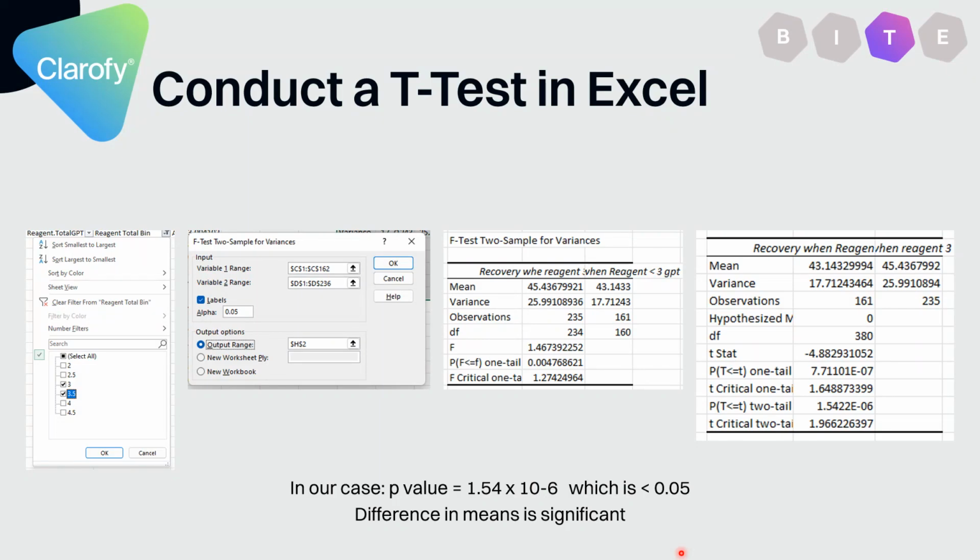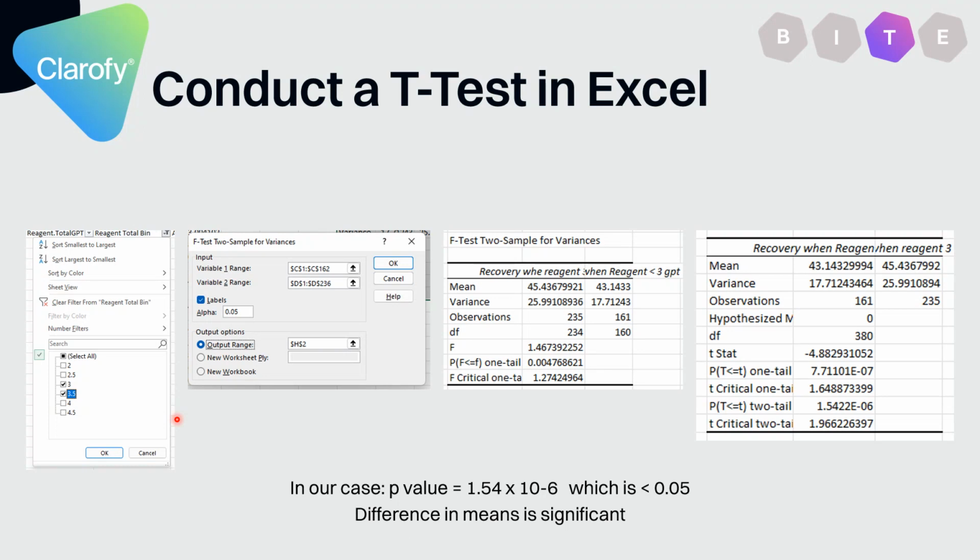Okay, so again, a few steps. Just bear with me. So first thing is you want your 2 groups. Apologies for my laser pointer going all over the place. The way I separated out the groups is I used the filter option. You know how you can make your headers have a filter, and in the filter I selected one of the groups, and then I copy pasted that into a new tab, and then I selected another group in the filter and copy pasted that into adjacent columns.